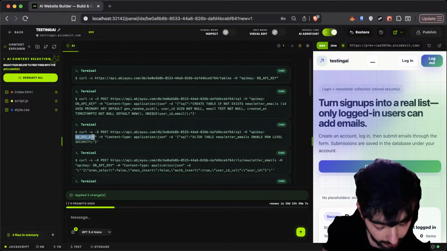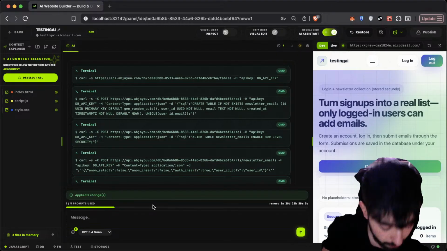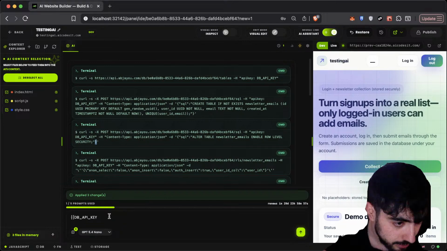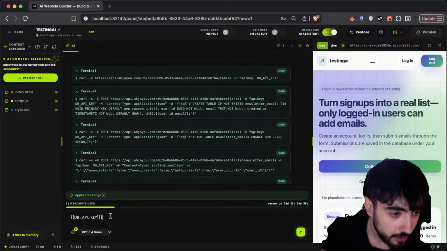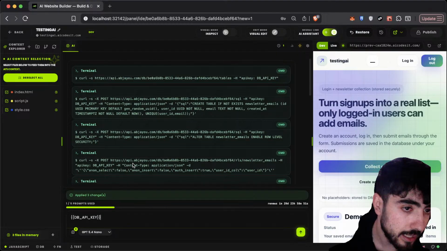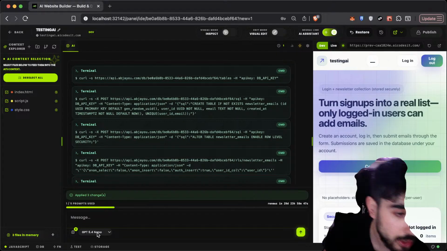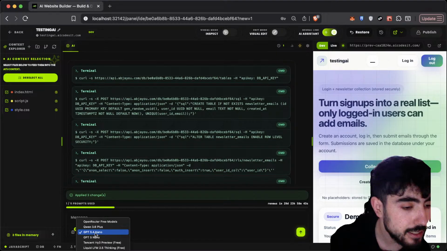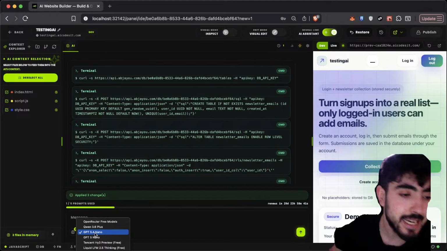It needs to be like this, and this one like this, in order to work. But the AI in this case didn't understand it, and that's understandable, because GPT 5.4 in this case is not the best one, it is the nano version.